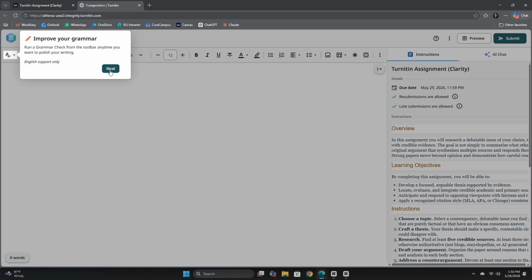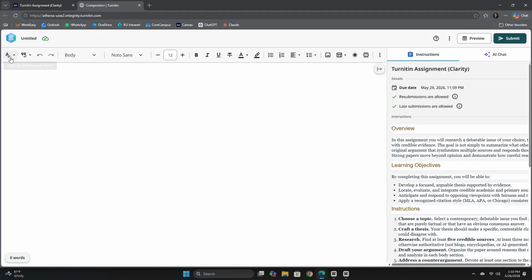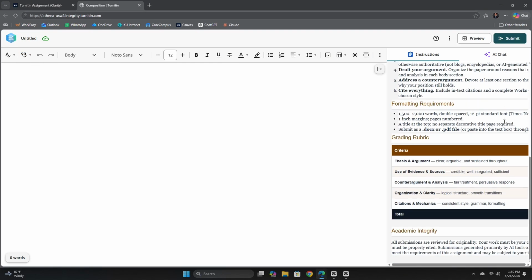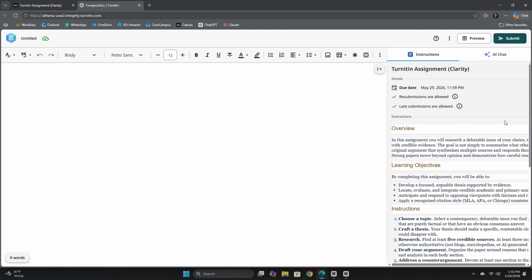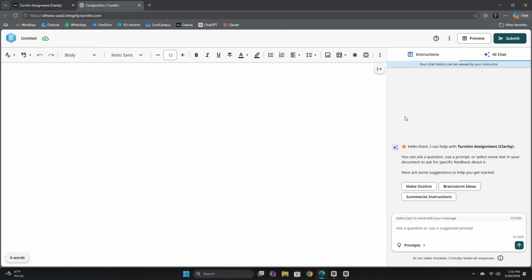Turnitin Clarity is an AI that helps you write your assignment. It gives you a lot of tools such as a grammar check to make sure you're spelling correctly and a citation check to make sure you're citing correctly. Furthermore, you also have access to an AI chat box that can help you brainstorm, summarize instructions, and create outlines